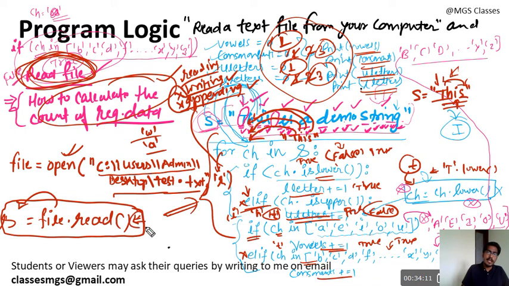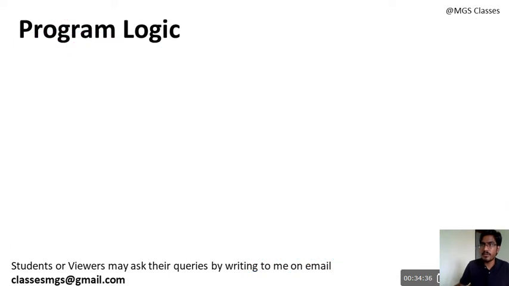This read method will read the whole content of the file and put it into the variable as a string, and the rest of the logic I have already built. If the value came in string, then this loop will continue and count the desired data, and we will print this at the bottom. So this is how our logic will work. Understand this? Now we will go and see the steps to solve this problem. Now we are going to write these steps. So the steps you know already, I have shown you in detail.